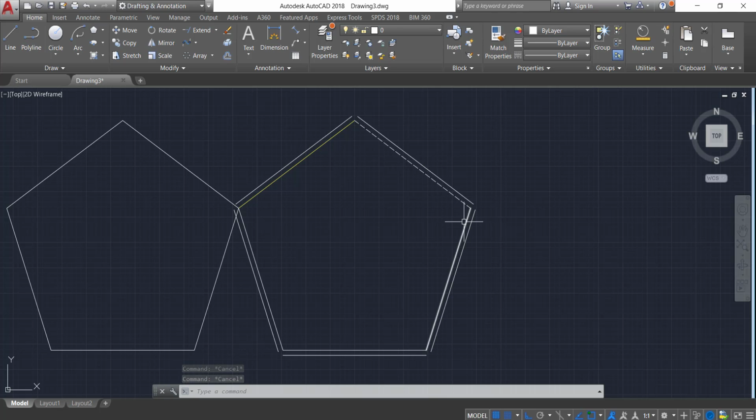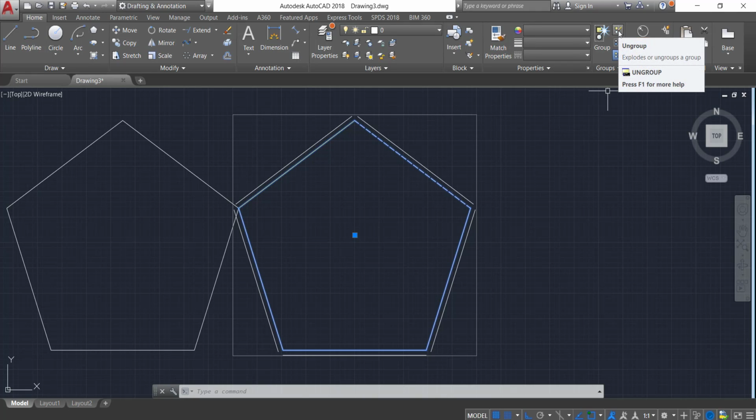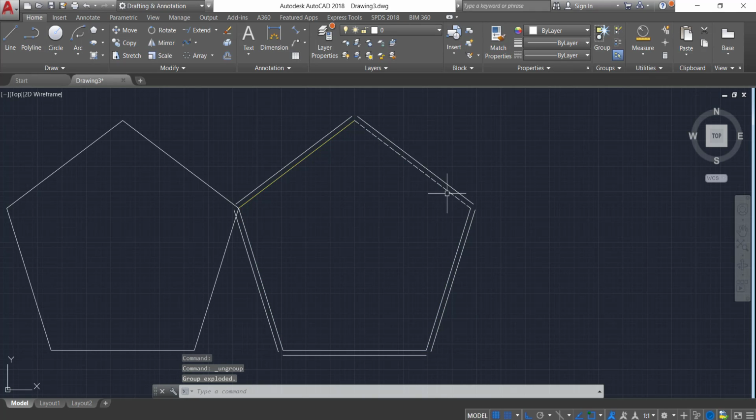As you can see, we have different lines 1, 2, 3, 4 and 5. If I want to make this a group, then select those lines and click on group. Now if you look at that, it will work as a group. If I want to ungroup, we can do that with the help of the ungroup button. And here you can see again it will work as single lines. So this is how you can utilize the group command.